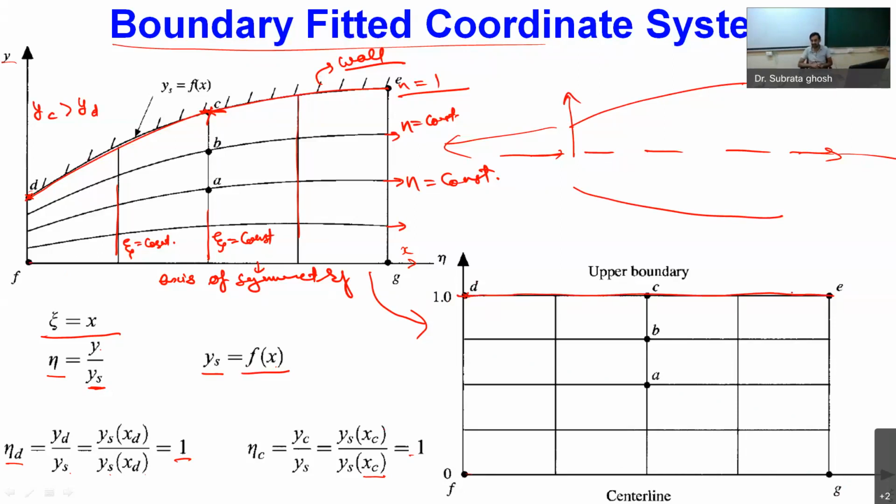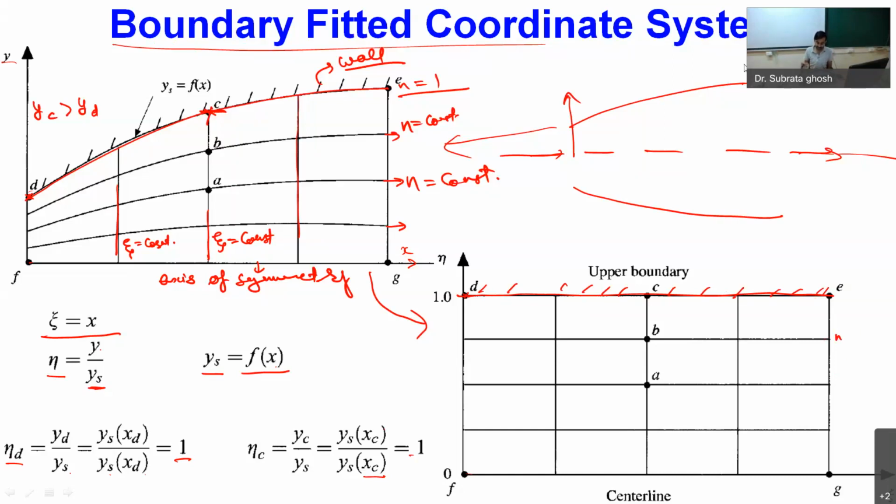So these points D, C, E, etc. will be collinear. It means this top line represents the upper boundary of our simulation domain, which was curved in the physical plane. In the computational plane, it has become a flat boundary. And similarly, I will have other lines also with different values of eta. Okay, so this is an example of